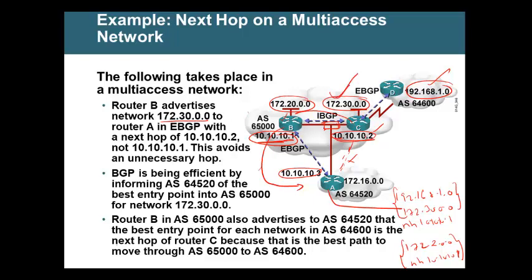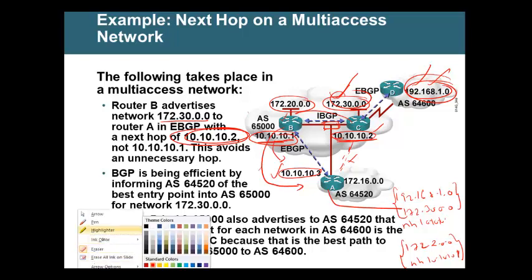So B understands that I'm receiving from 10.10.10.2, and A is at 10.10.10.3, same subnet. So instead of me giving my own address, I'll give 10.10.10.2 instead of 10.10.10.1.